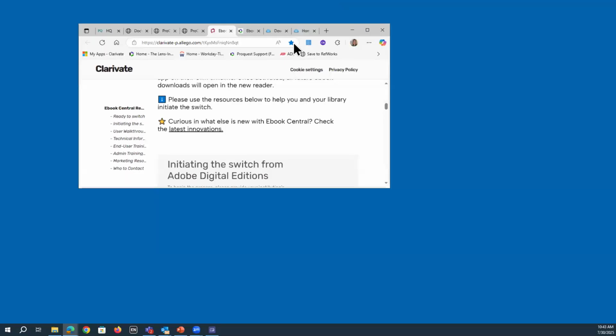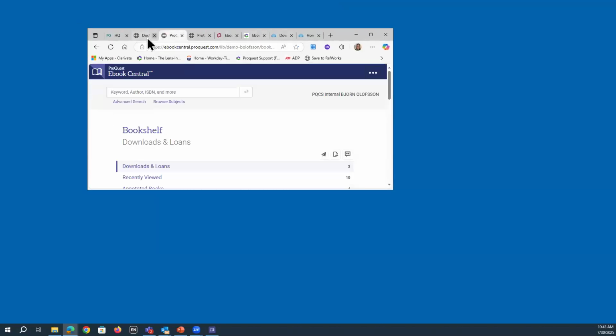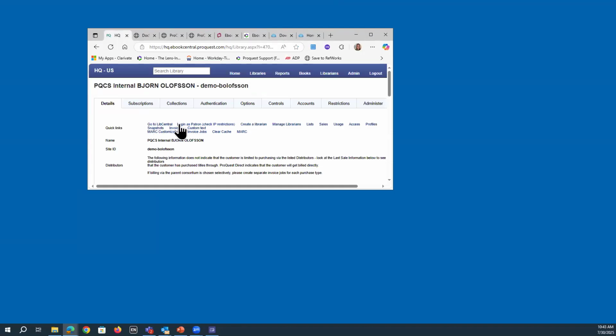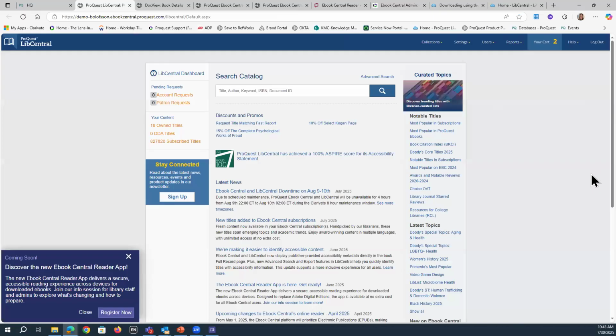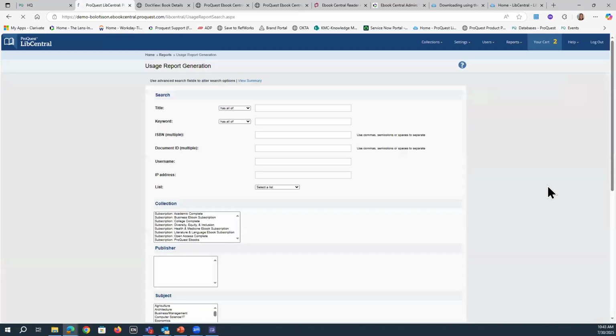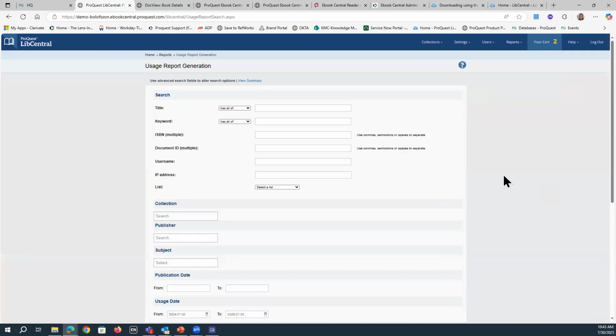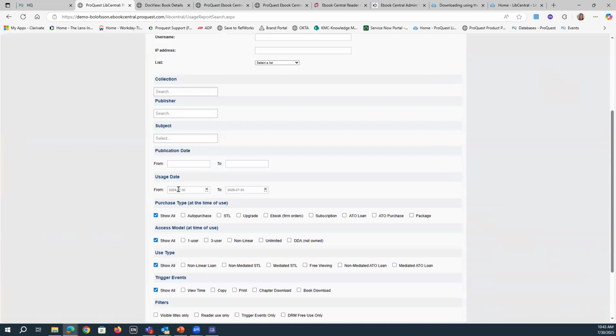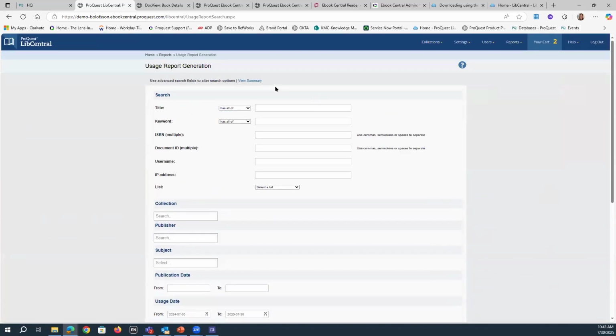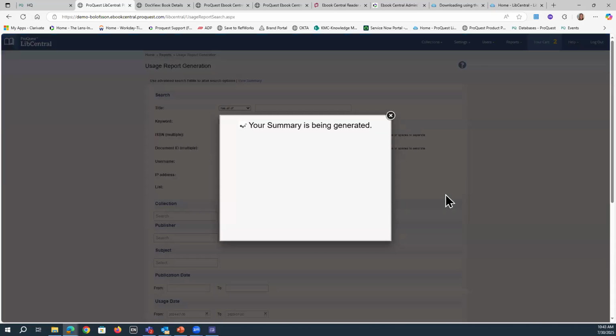I was going to show you one more thing. Let me go back to Lib Central. If you are curious, in Lib Central, if I go to reports and go to usage reports, I'm not even going to run a report. This is just showing me from July of last year to July of this year. But if I click on view summary,